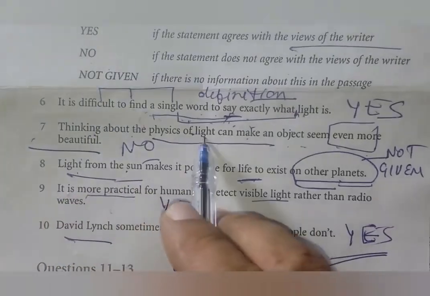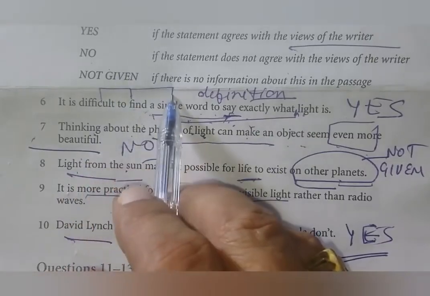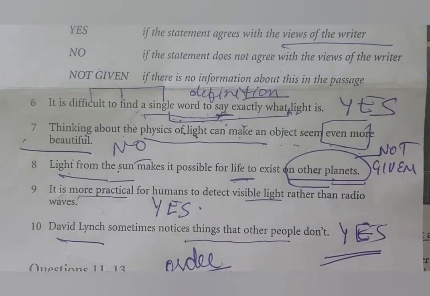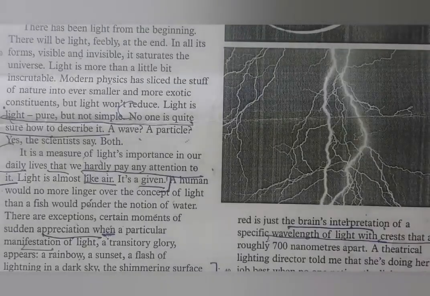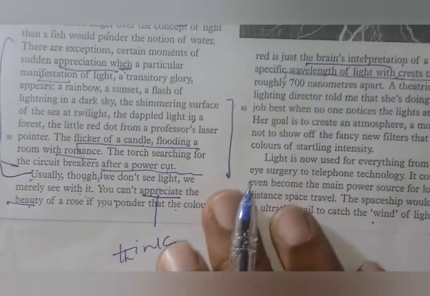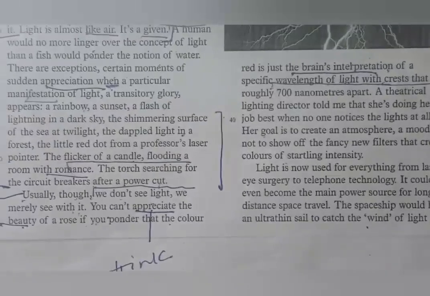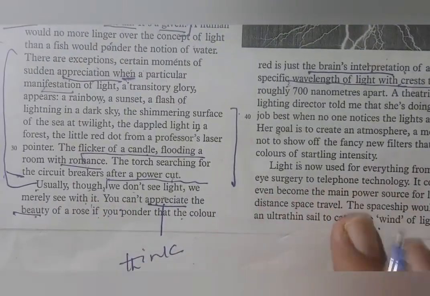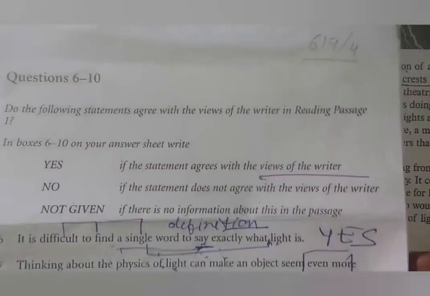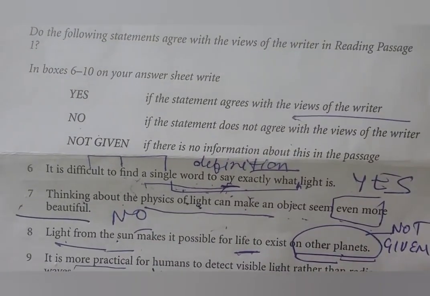यहाँ उसने थिंकिंग कहा, फिजिक्स ऑफ लाइट कहा जो मुझे पकड़ने थे। यहाँ मैं 6 पे दोबारा जा रहा हूँ। डिफिकल्ट, फाइंड, सिंगल। यहाँ मुझे थिंकिंग का, फिजिक्स ऑफ लाइट का, इवन मोर ब्यूटीफुल भी कहा। इतने वर्ड उसने यूज़ किए, बहुत अच्छी बात है आपने यूज़ किया। यहाँ कह रहा है अप्रिशिएट द ब्यूटी आ गया, इसलिए मैंने ये लाइन पकड़ ली। फिजिक्स सारी लिखी हुई है, वेवलेंथ आ गया, ब्रेन आ गया, जिसके कारण मेरी थिंकिंग आ गई। यहाँ मना कर रहा है, वो कहता है ब्यूटी ऑफ रोज को आप अप्रिशिएट नहीं करोगे। और यहाँ बड़ा क्लियर कर रहा है वो पर्सन कि आप थिंकिंग अबाउट द फिजिक्स ऑफ लाइट मेन ऑब्जेक्ट मोर ब्यूटीफुल। तो नेचुरली आंसर नो होगा।